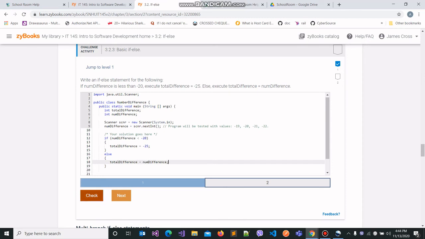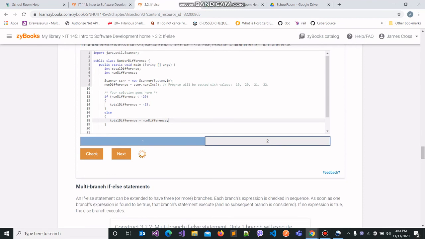So let's execute this program and see if we wrote our conditions and our conditional code correctly.